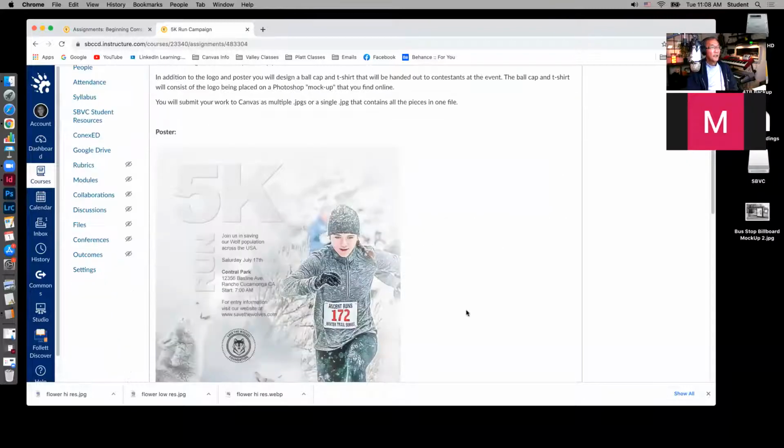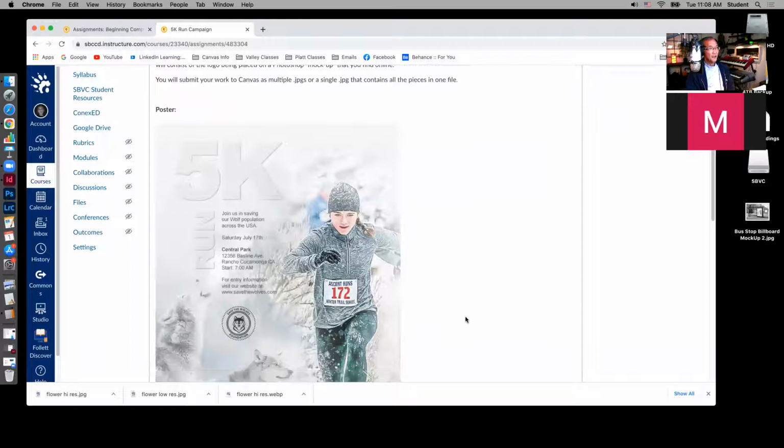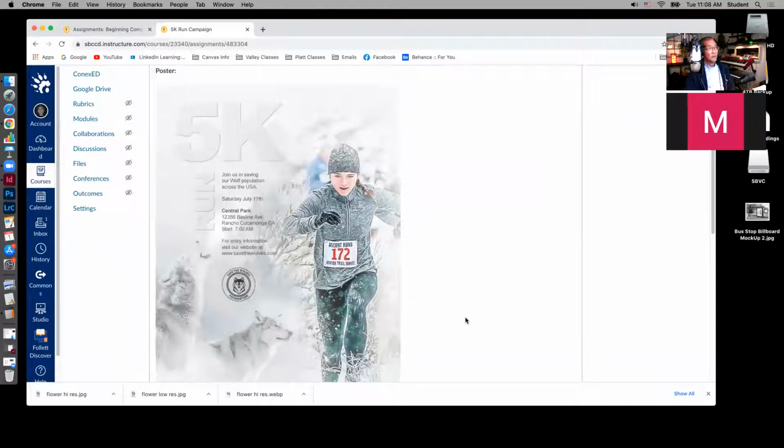Here is an example that I had done for just an example of a 5K run. It says 5K run. Join us in saving our wolf population across the USA. Saturday, July 17th. There's no year here. This is all fictitious stuff. Central Park and Baseline, Rancho Cucamonga. It starts at 7 a.m. For entry information, visit our website at